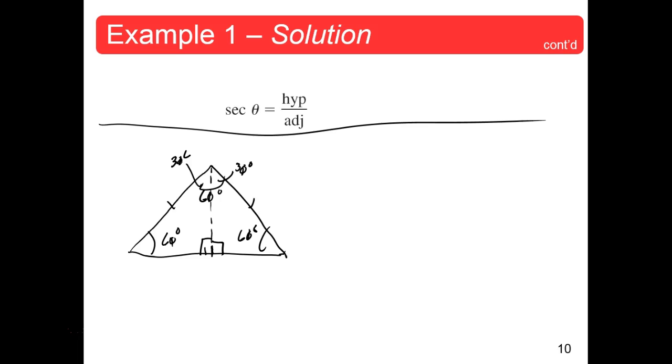Now, at this point, that's the shortest side of that triangle, right? So what value do you think you might want to choose it to be? 1. Why don't we choose 1? Okay? So this will be 1. Now, if that's 1, this is also 1, which means that base was,